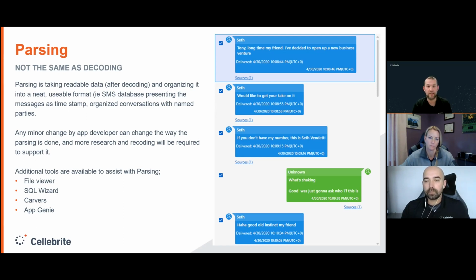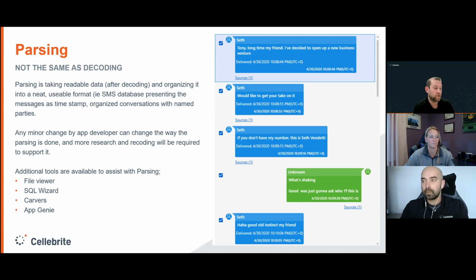Although because this is data that is researched by researchers and developers, when an app changes, it can completely break the tool's ability to parse the data. And that's going to require further research, further coding, and then time for it to be pumped out to all the users. So in those cases where a change has occurred and PA or whichever tool no longer parses that data, or it's an artifact that we